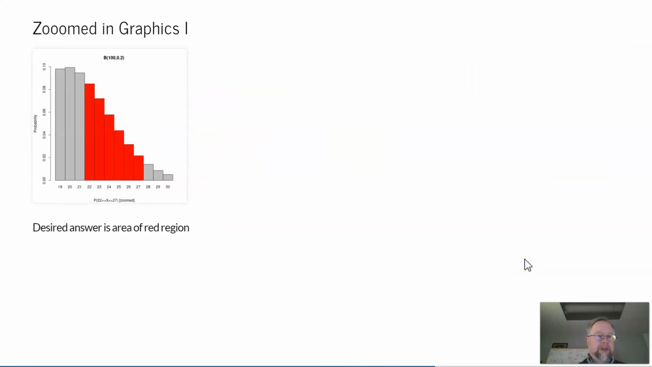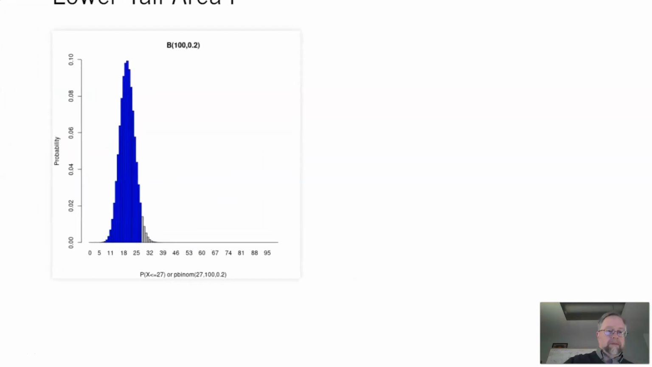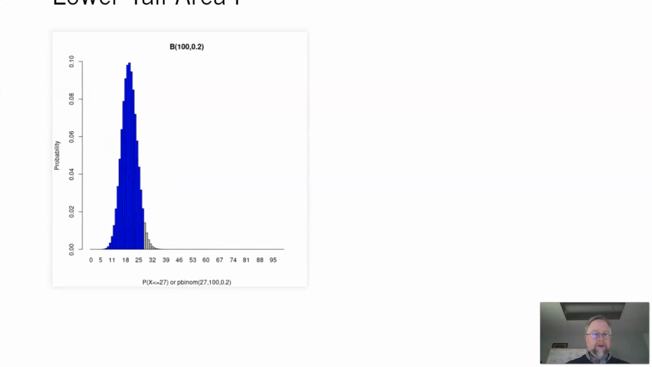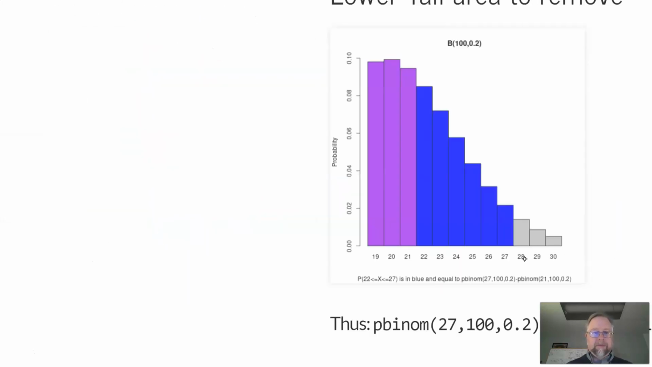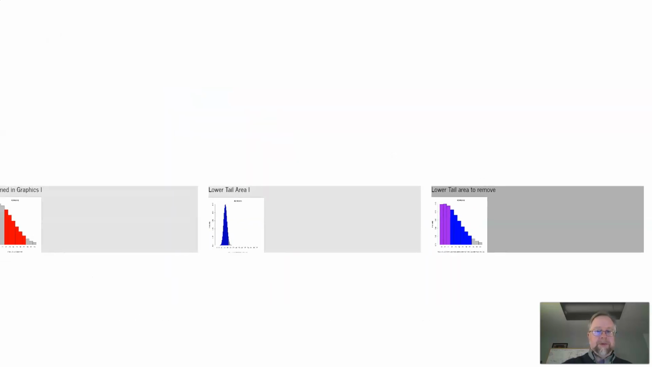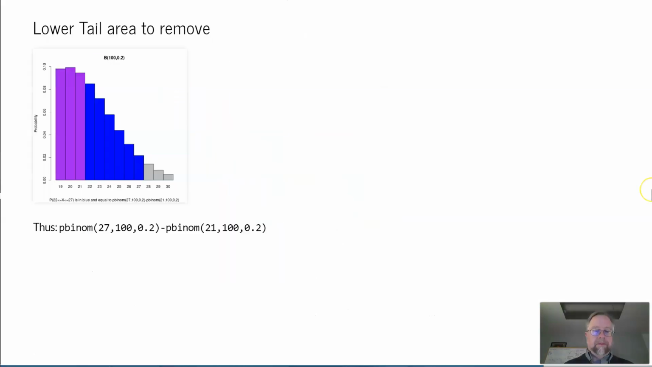Let's zoom in on that. So there you can get a better view of the 22 to 27. Now we also have this kind of lower tail area. So that's what that p-binomial is giving me. Everything up to 27. Oops, a little too far there. Okay, so now that we've got things straightened out, so we have